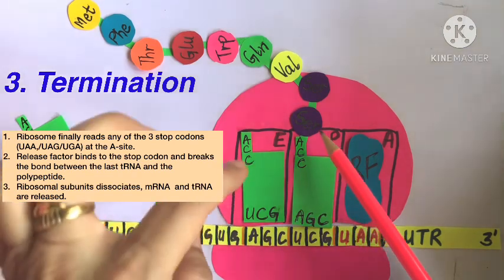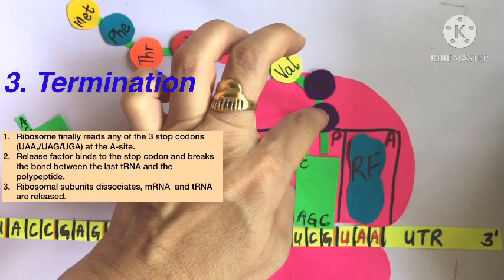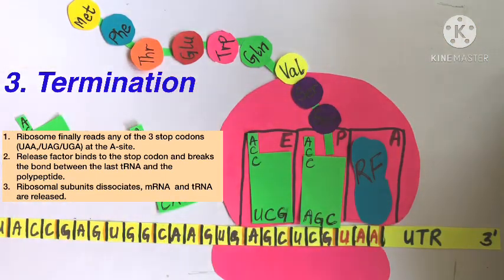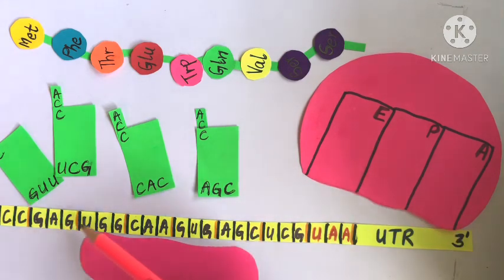So serine in this case is going to be breaking off from its tRNA, and the polypeptide chain is now separated from the tRNA. This is also followed by the dissociation of the ribosomal subunits, the tRNAs, as well as